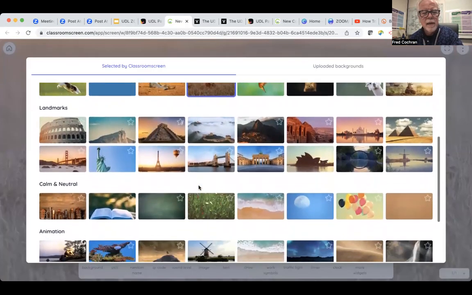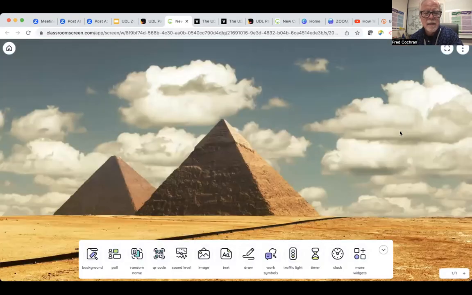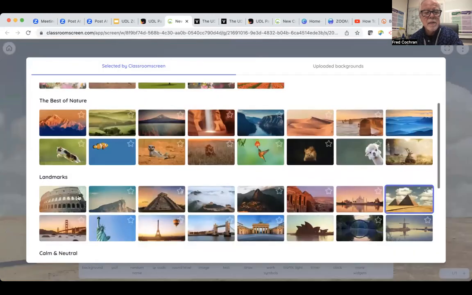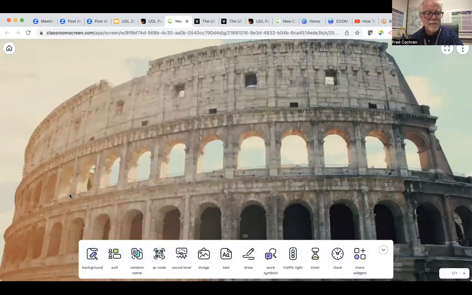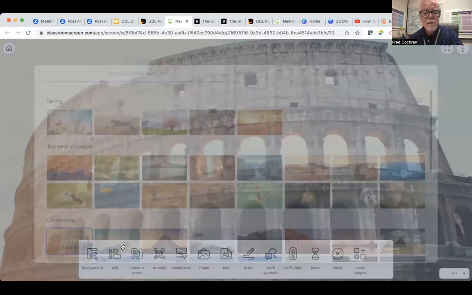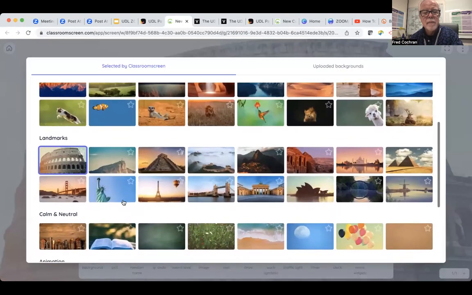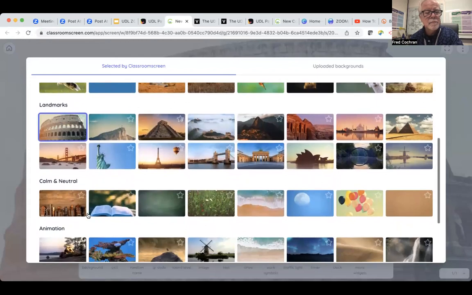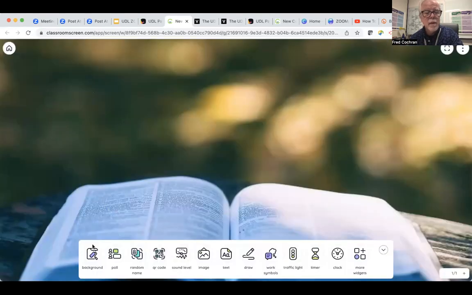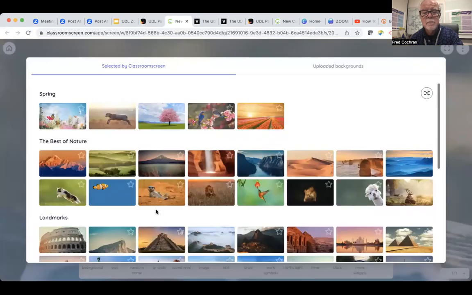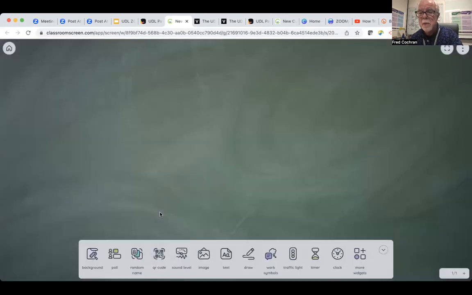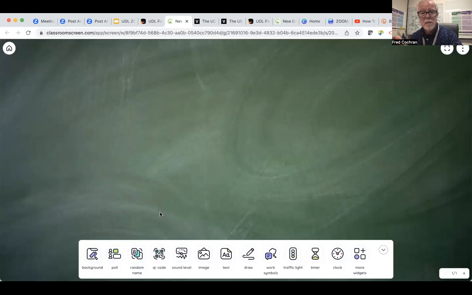So I'm going to play around with this a little bit. Maybe I'm doing a lesson on Egypt. Maybe I could use that as a background, or maybe it's on Roman civilizations, early civilizations, or maybe it is about a novel study that we're doing. Or it could even be as simple as putting maybe a blackboard up. Okay, so I kind of gave you some ideas. This is free, which is really good. And I think it could be a really cool tool.